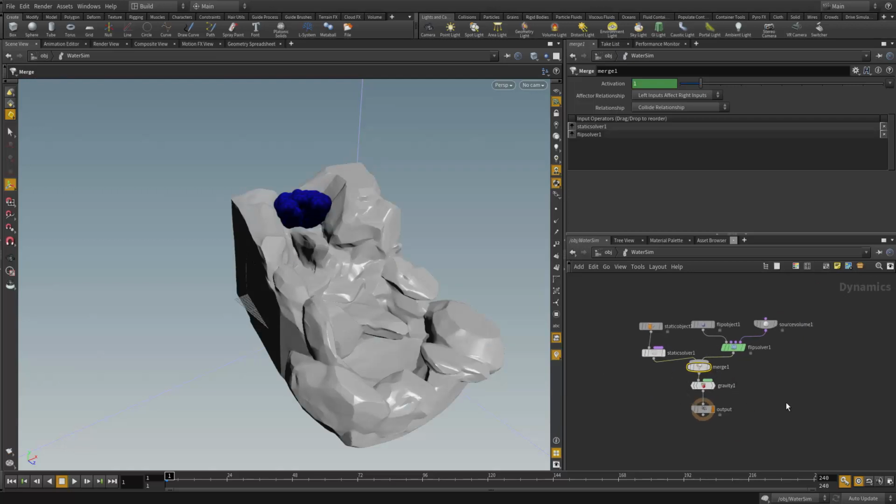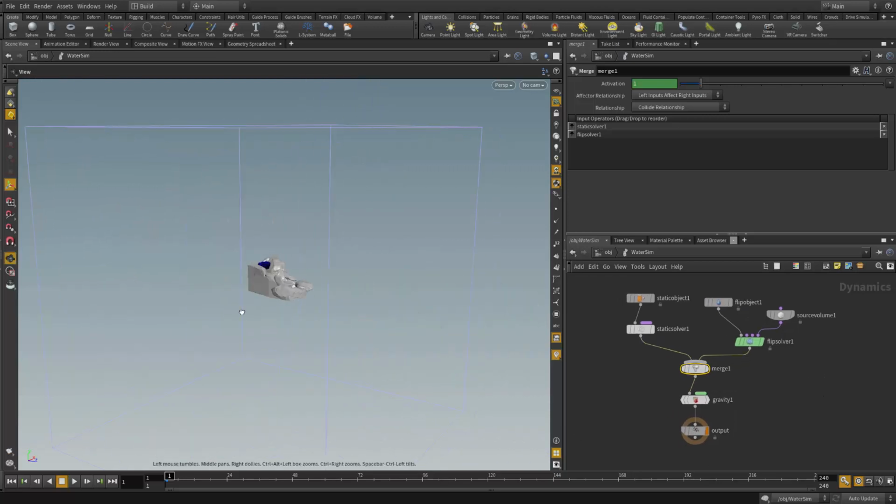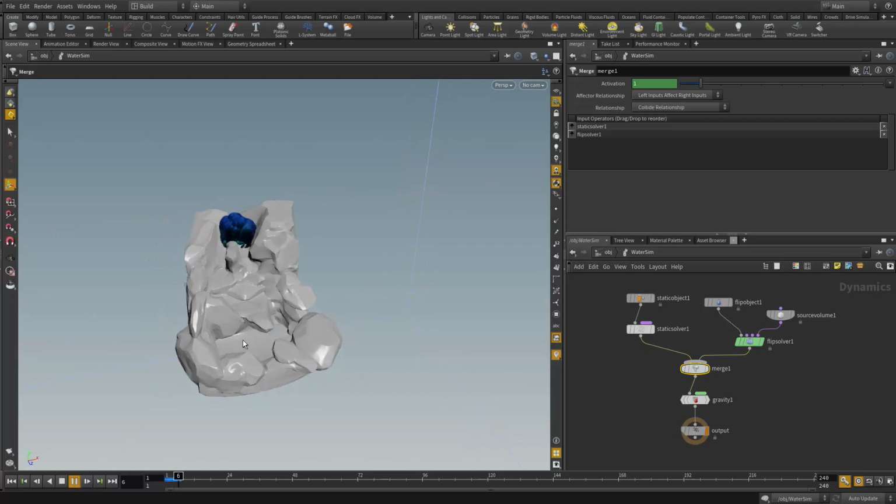Alright, let me press L to align them. Now you can see I'm basically now having my geometry imported. If I play the animation, the water should be flowing with it, or flowing on it. Alright,